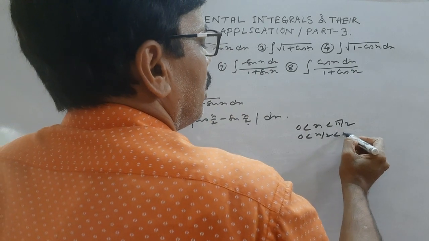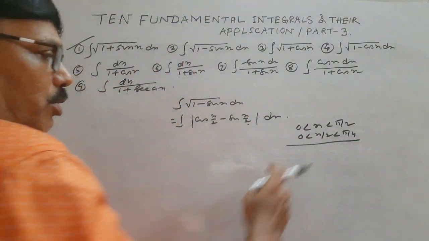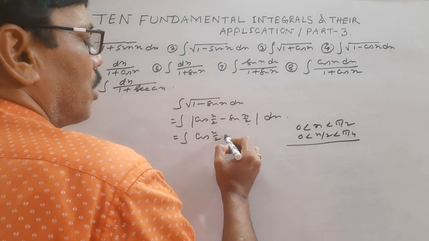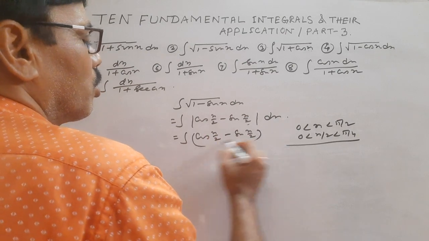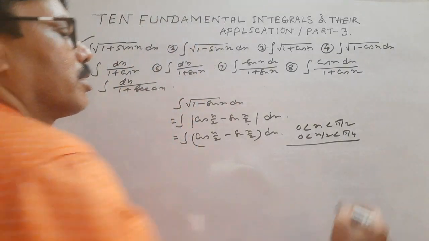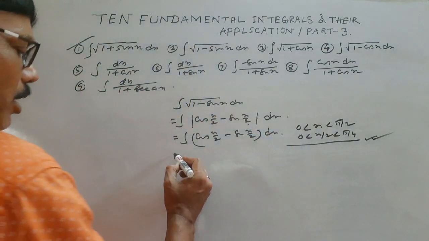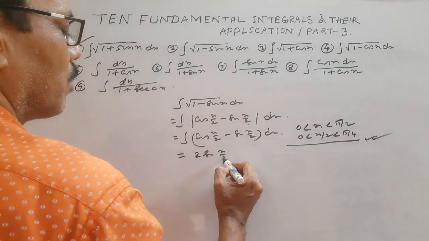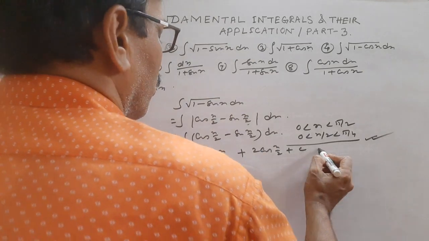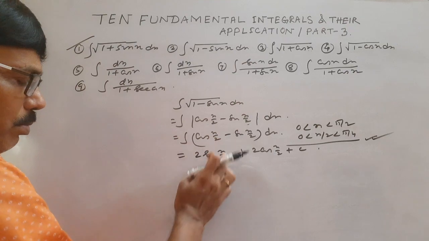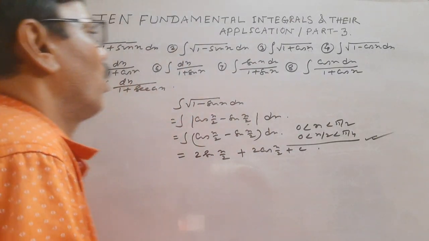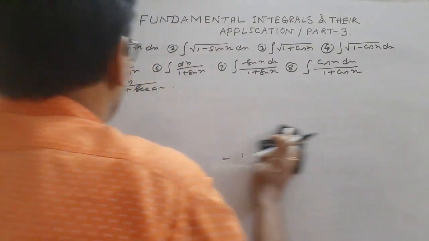if it is not given, it is in the first quadrant. So x by 2 in 0 to pi by 4. So in 0 to pi by 4, cos x by 2 is greater than sin x by 2. So that is why we are taking it in this form. So if you write the restriction, it will be better. So what is the integration? 2 sin x by 2, this is 2 cos x by 2 plus c. By 2, the derivative of cos x by 2 is half, so it will be reciprocal. So 1, 2, 3, 4, they are of the same type.